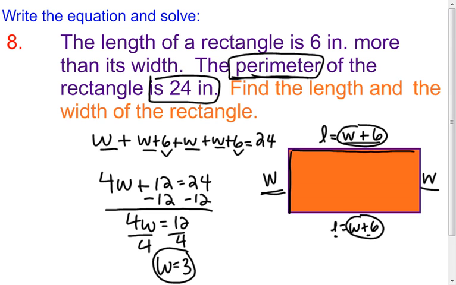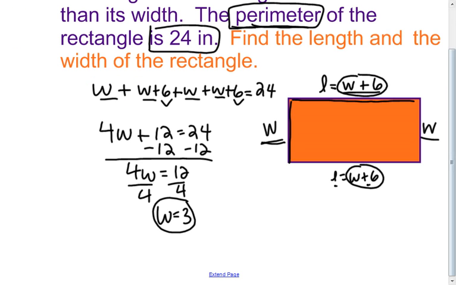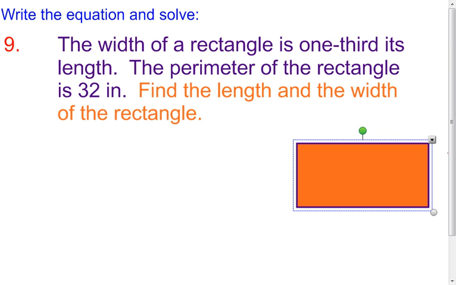So I want you to be careful, because I want you always to go back and read the question it asks you. The question is, find the length and the width. Okay? So I know that the width right here is 3 inches. And what I know is that the length is 6 inches more than that. So I know that the length will be 3 plus 6, which will be 9 inches. Okay, so make sure that somewhere along the line you answer both of those questions. All right,